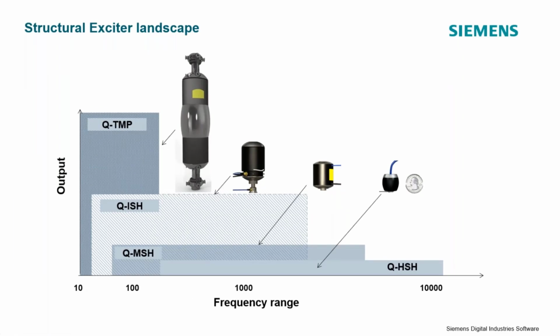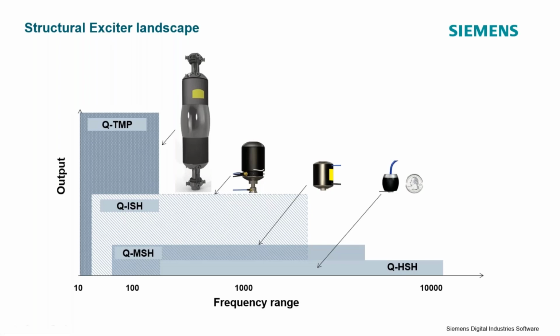And so you see, again, there's a family to cover the frequency range. Here we're using inertial mass to input the force to the structure. So as the feature size gets smaller, we're able to put in higher frequencies. The HSH, high frequency shaker, you can see it's very small, about the size of a United States quarter, and gets out above 10 kilohertz, but only puts in a very small amount of force because it's got a very low mass. So at the other end, the thumper shaker, again, very good for low frequency.